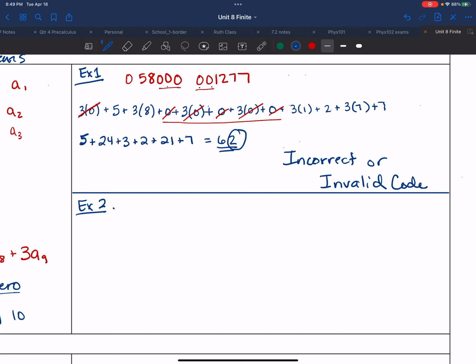Let's say we've got the number 1, 9, 9, 0, 0, 0. Actually, that's not 5900. That's going to be 99000. So that's my 5-digit code. And then I'm going to have 0, 6, 7,